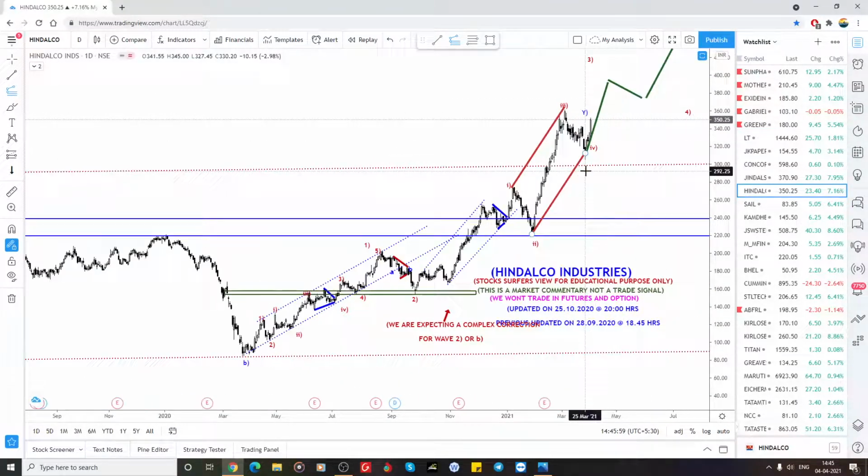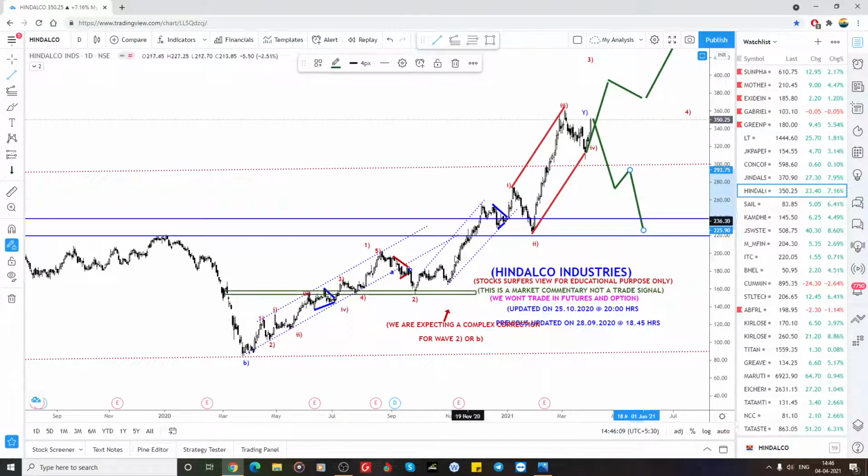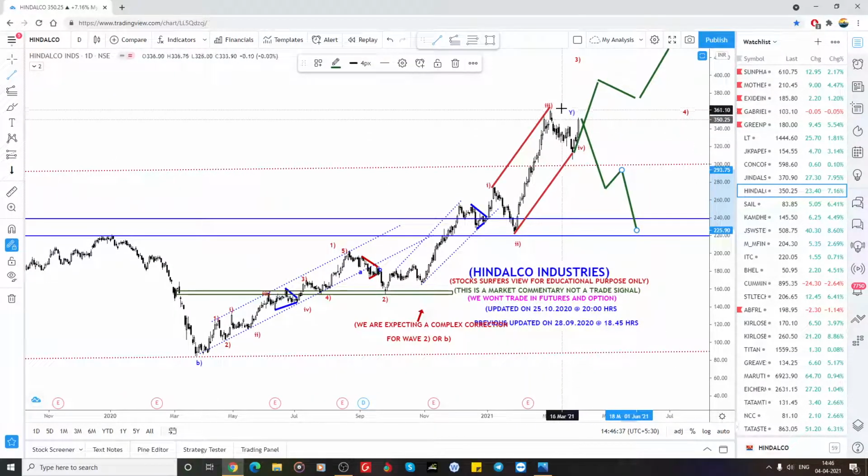So still, one more thing: if it is already completed and, after the 3-wave structure, it is very aggressive to the downside, then we have to consider this as a 1, 2, 3, 4, 5. But as per Elliott wave theory, as of now I didn't see that kind of pattern, because wave 1 is bigger and wave 3 is smaller. If wave 5 is also smaller, that is acceptable, but this is not acceptable for me, and I didn't see this kind of pattern: wave 1 is bigger, wave 3 is smaller, and then again wave 5 is bigger. It's not like that. So we have to wait for that. It has to break the high.